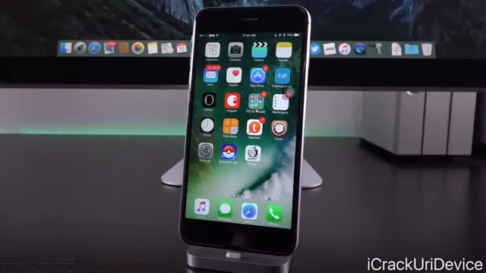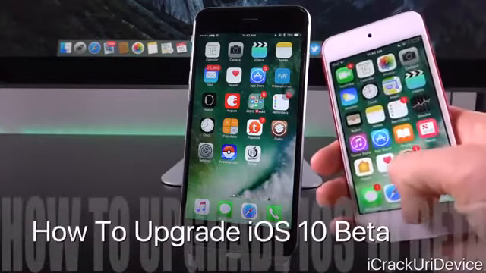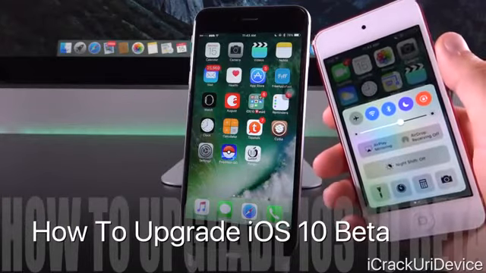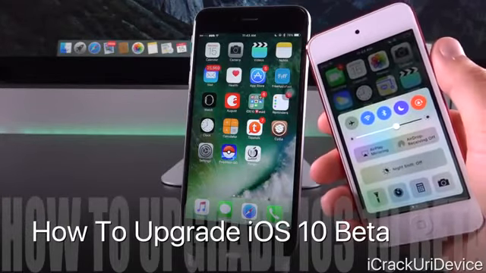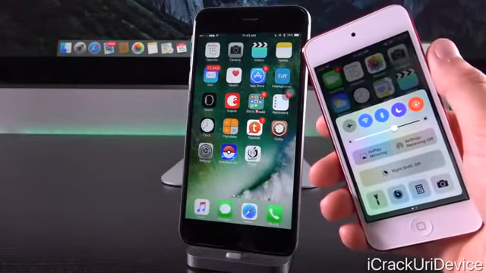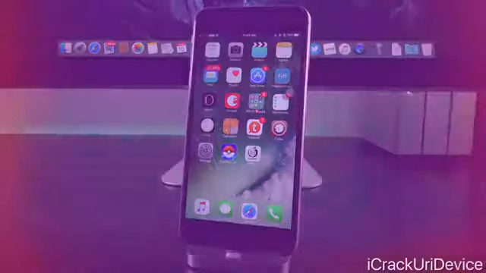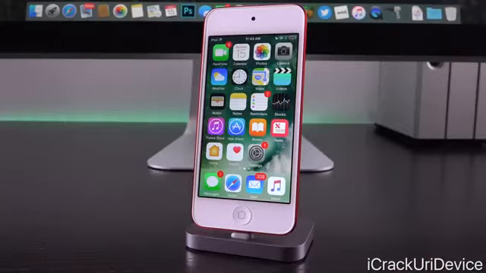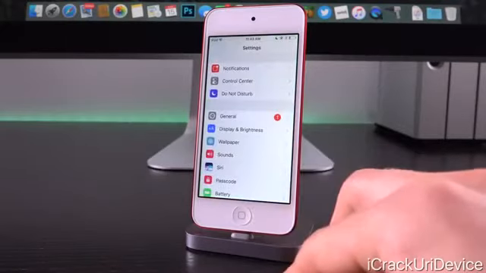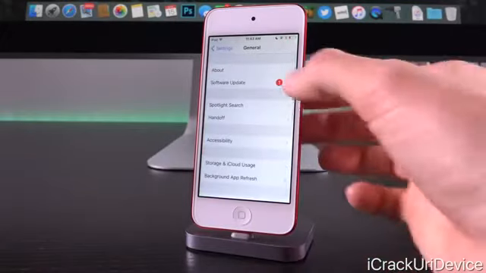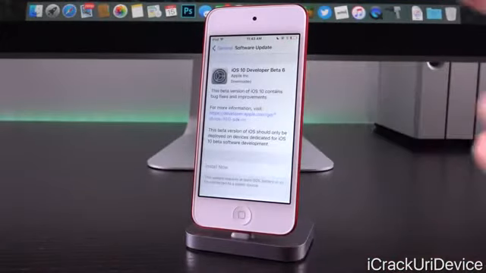So it's actually very simple. First, though, we're going to go over how to upgrade from an earlier iteration of iOS 10 beta to this latest one. Again, so if you're on iOS 10 beta 1 through beta 5, this is how you actually update to today's beta release. Now the exact same thing applies if you are on the public beta iteration. Again, guys, it's so easy. All you have to do is just launch up the Settings app, go inside of General, followed by Software Update, and you will see an available update.